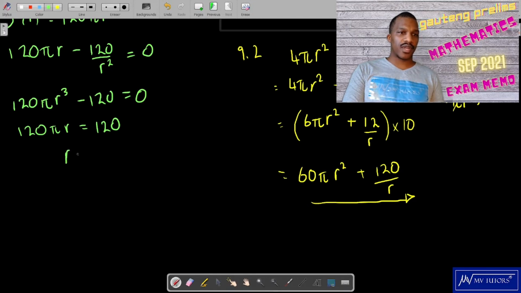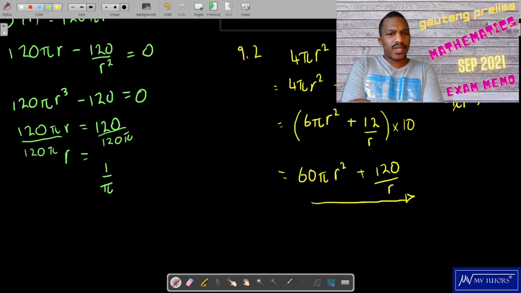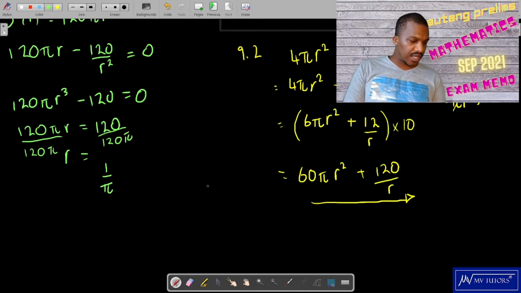Then I'm going to have r is equal to 120, divide both sides by this thing to get rid of that. So then r is equal to 1 over pi. Okay, so now what does that mean? This is the value of r, meaning